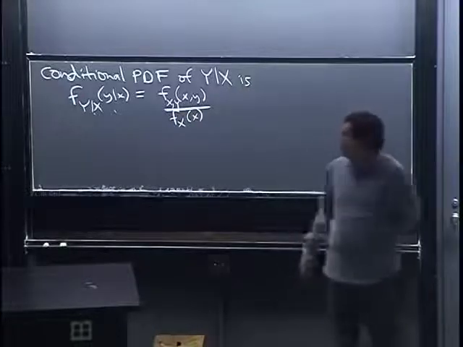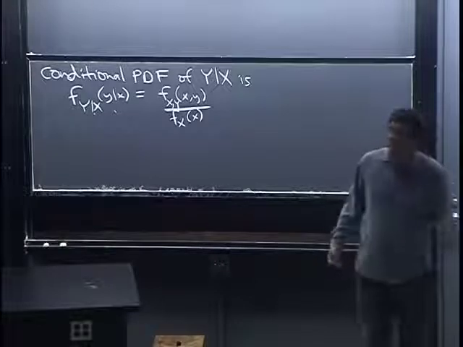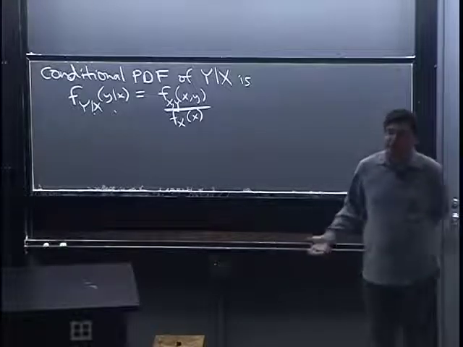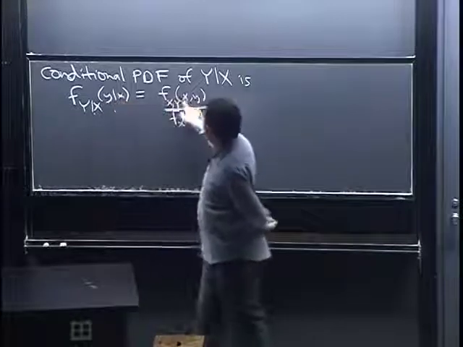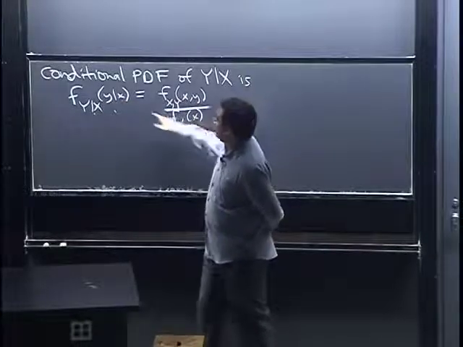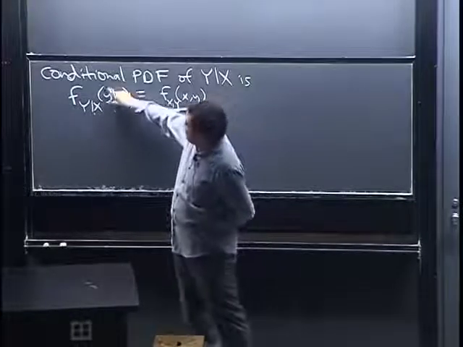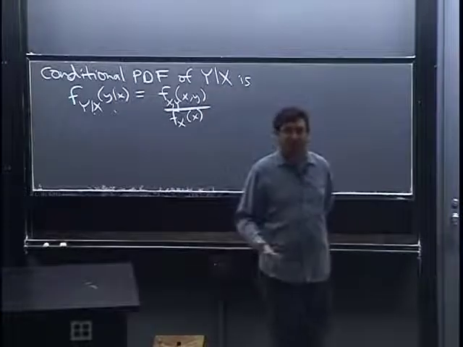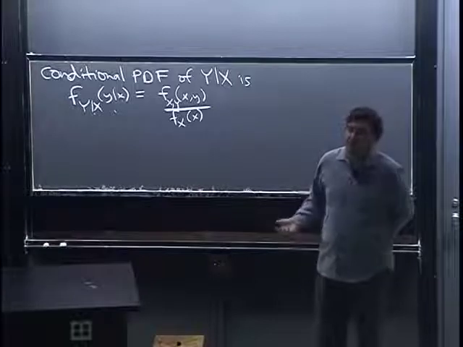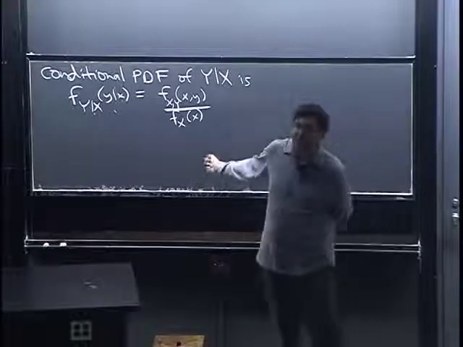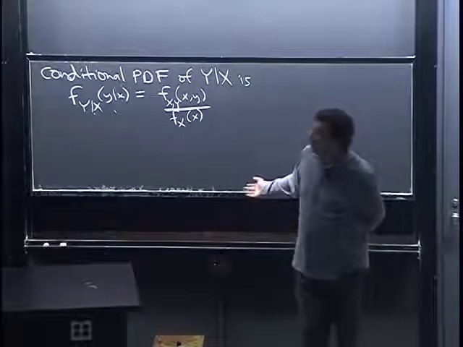What I just wrote down just looks like the definition of conditional probability, right? The probability of this given this is the probability of this and this divided by the probability of this thing. Now, these x and y are representing numbers, not events, okay? But it looks the same as the definition of conditional probability, and you can derive this from the definition of conditional probability, where